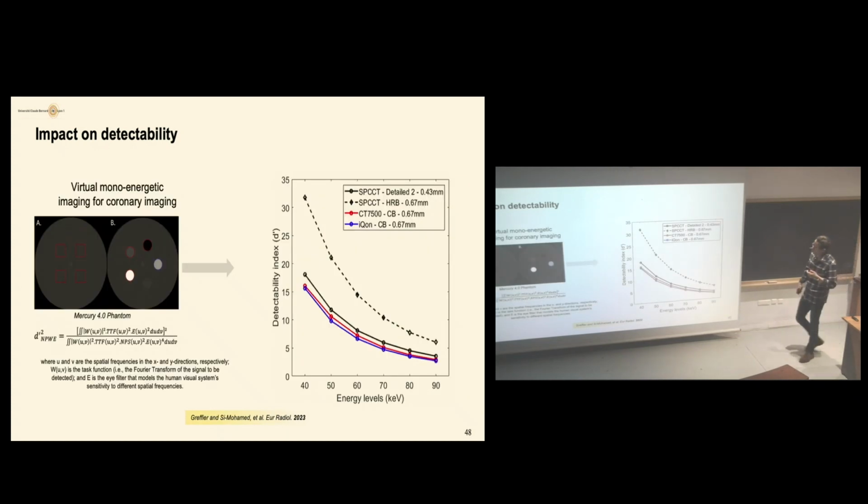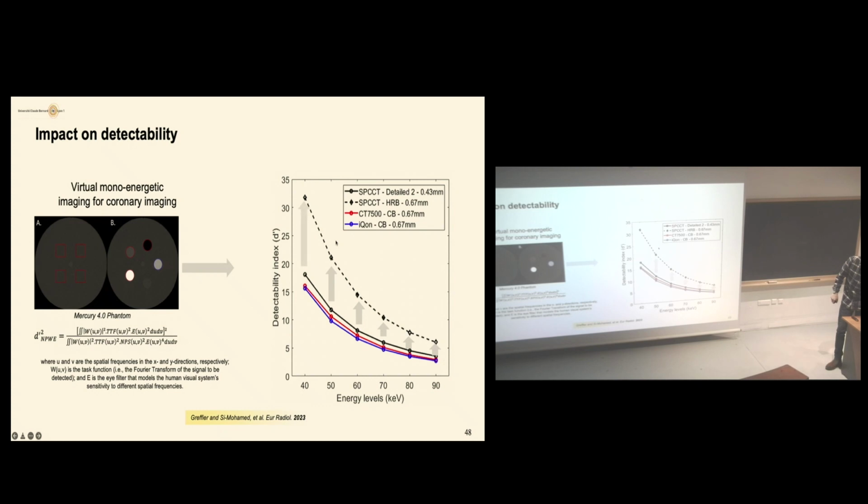Okay. So detectability, I show you this model observer that has been validated, can be used to assess the interest of spectral photon-counting CT, and this is a study on virtual monoenergetic images. I talked about this earlier. The problem with dual energy CT is that these images suffer from limitations at low energy. And you see that using spectral photon-counting CT, it will increase the image quality at low energies. That means that you will gain even more with photon-counting CT for this type of images.